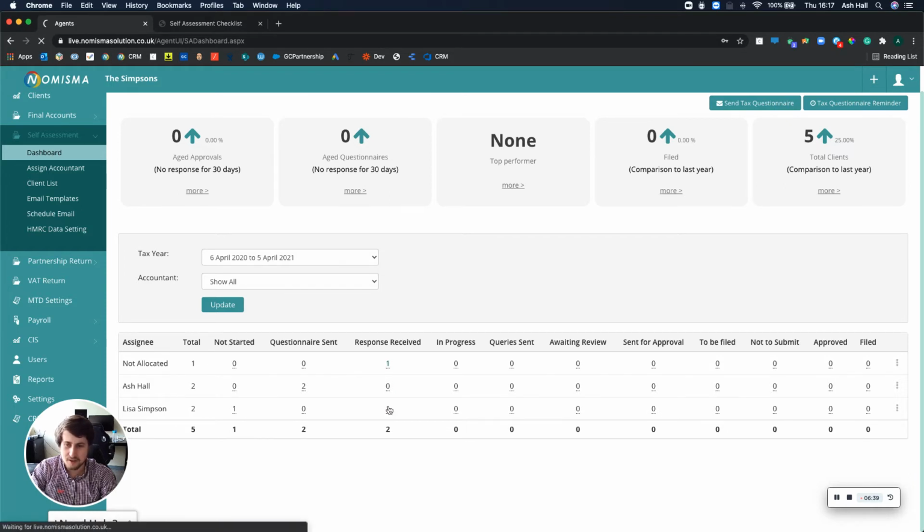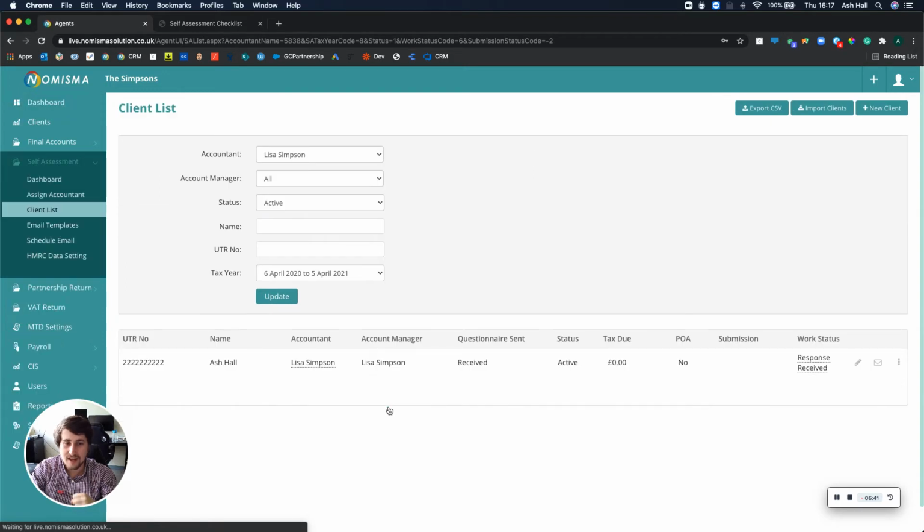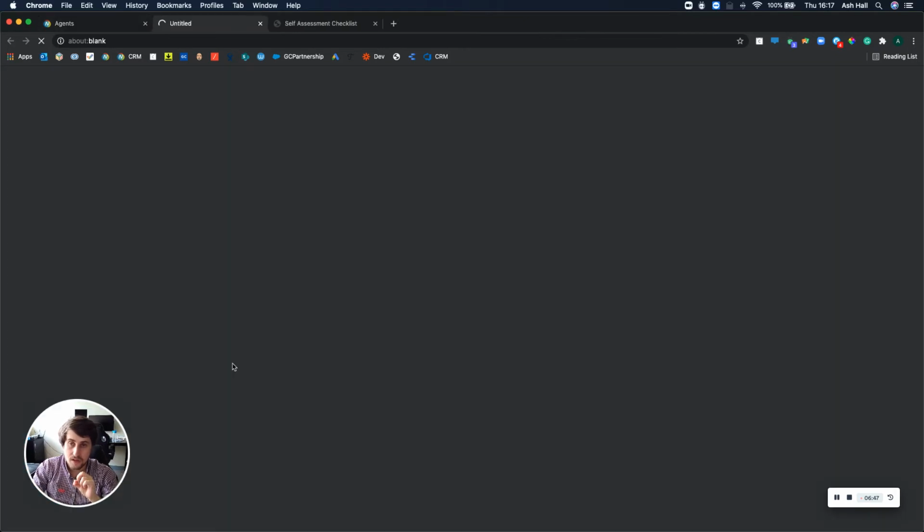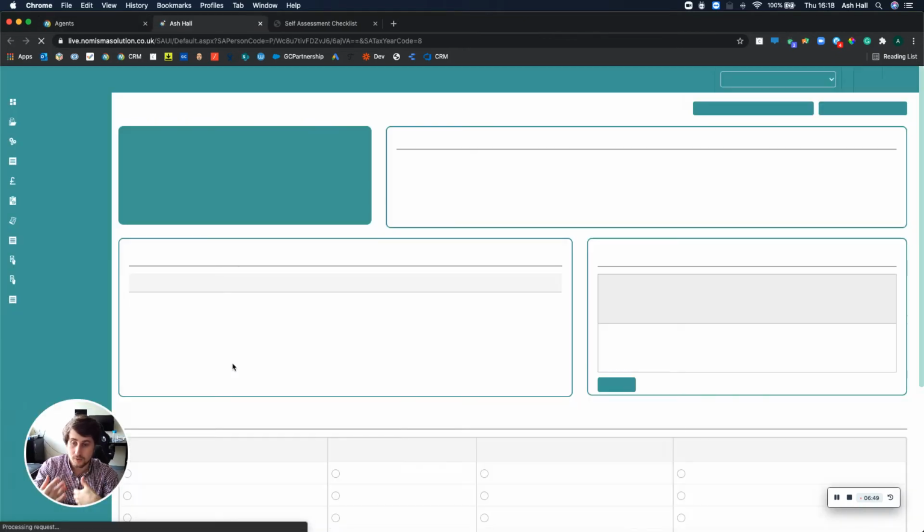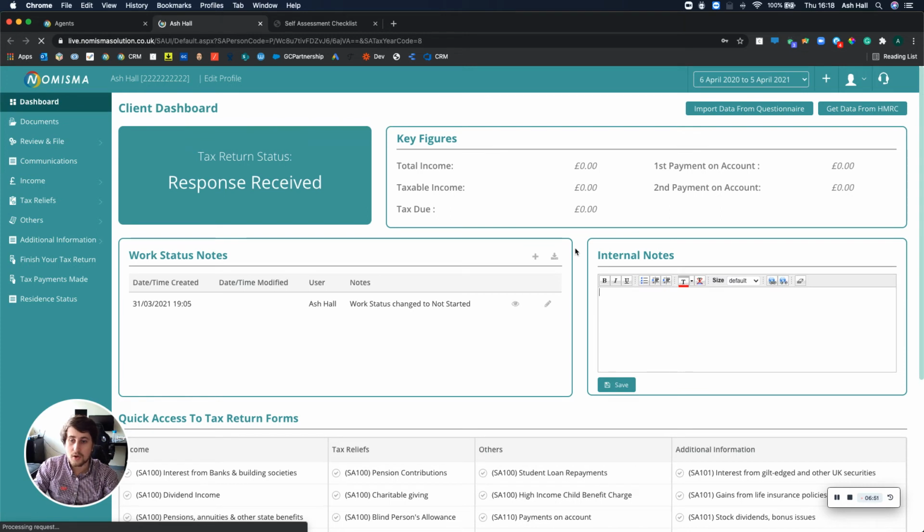I can't remember exactly who Ash Hall was allocated to. There you go, it is Lisa Simpson. So now when I drill down into this tax return, it will take me to the page where I can begin producing it. But in the top right-hand corner, in addition to getting data from HMRC, where you can get